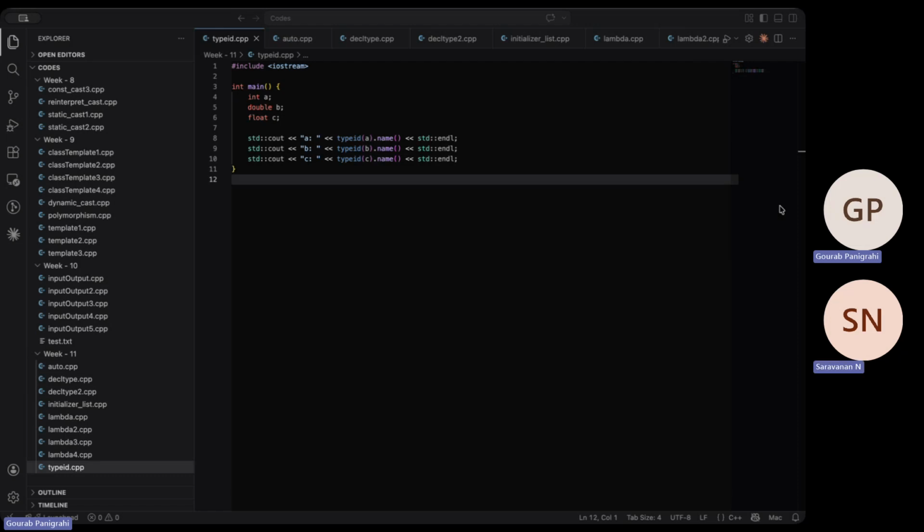Okay. So my plan today is to cover lambda expressions and smart pointers. Something I started last class was a brief introduction to lambda expressions. Today I'll be covering the rest of them. And other than that,